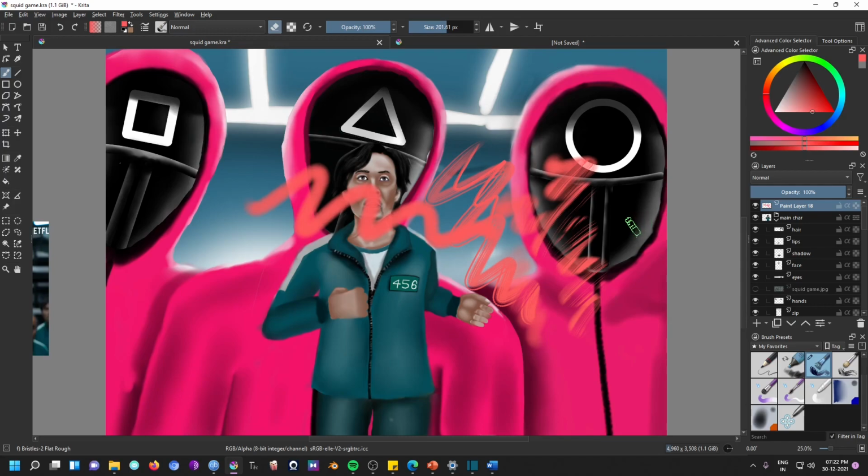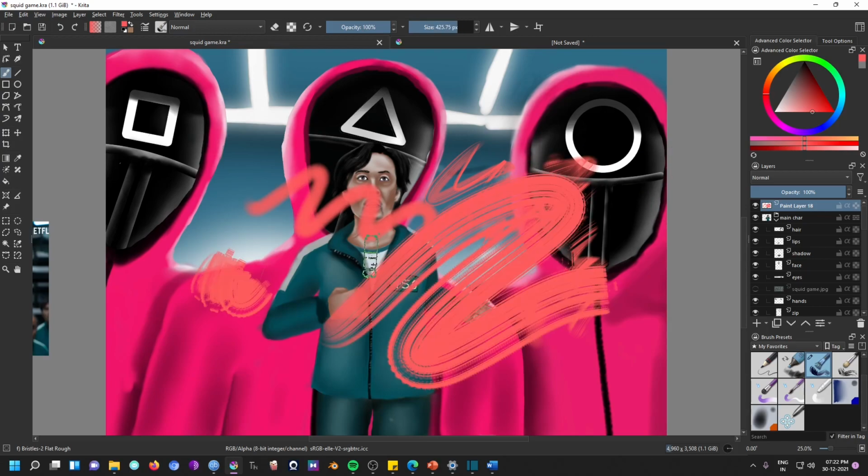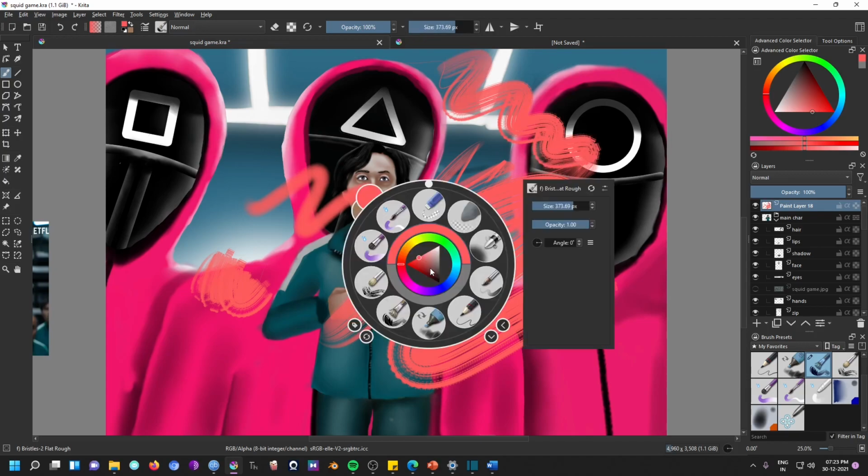Now if you're not satisfied with the brush size, it is either too small or too big. Simply hold Shift key and click and drag your pen. This can increase or decrease the brush size. Pressing the bracket key on the keyboard has the same effect. You have sliders on top to do the same. Still not happy? Right click and you can access the sliders here also.